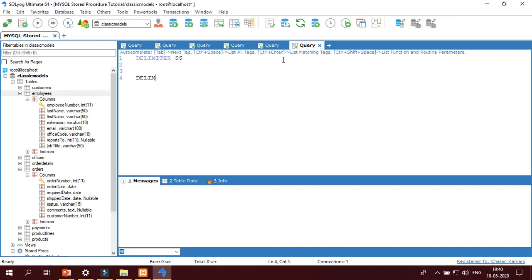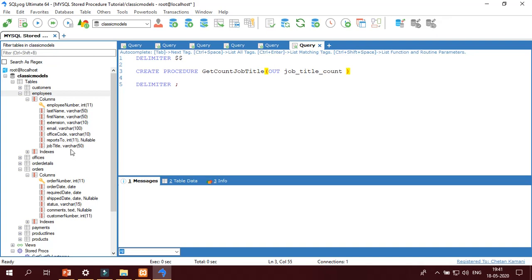dollar dollar, semicolon, then create procedure get count by job title. We have to pass only one OUT variable, job_title_count.